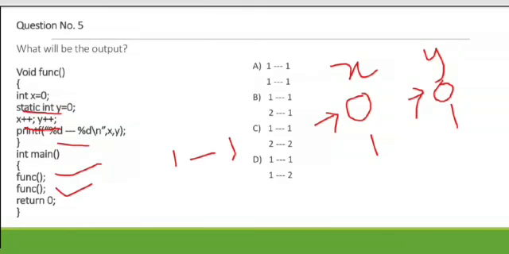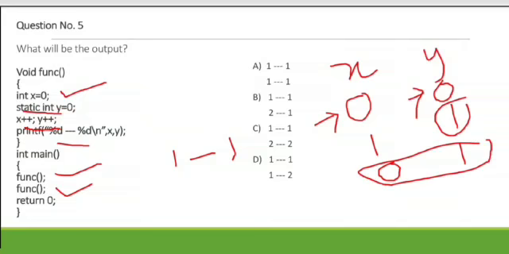Then again for the second function, now the value of x is again initialized as 0, so x again becomes 0. But for static, the value remains as it is, 1. This is a very important point you should note. And again the increment is done, x is incremented and y is incremented by 1.